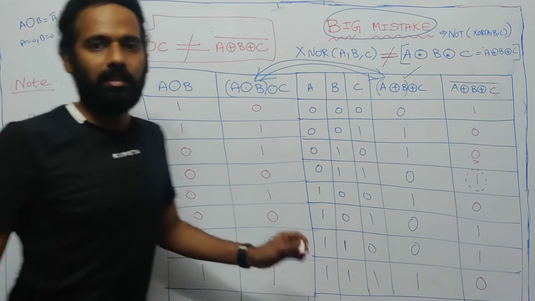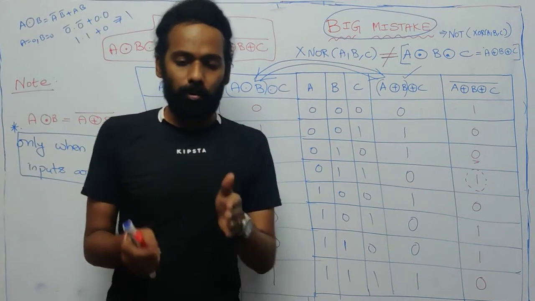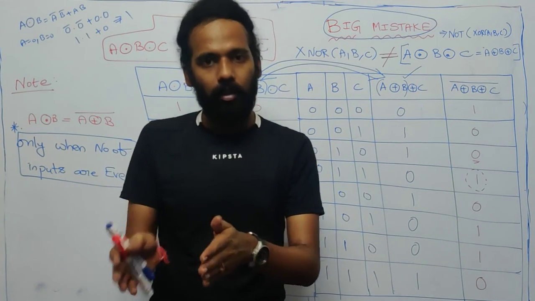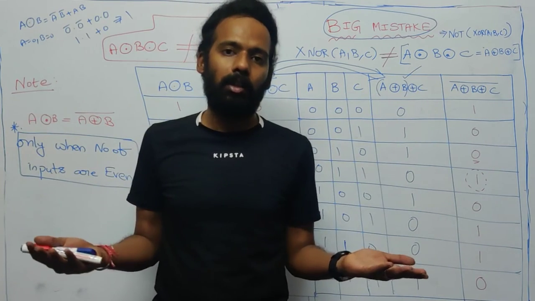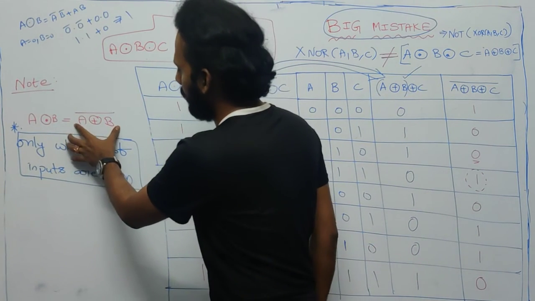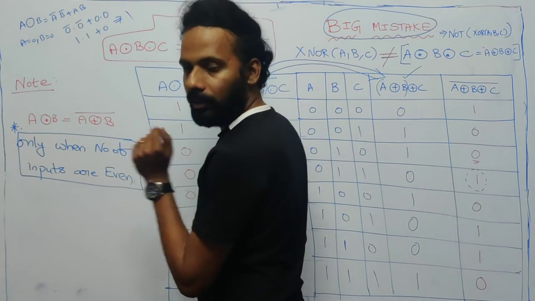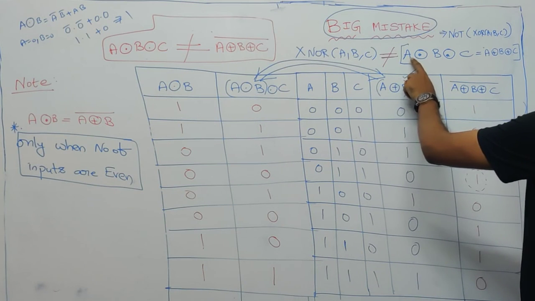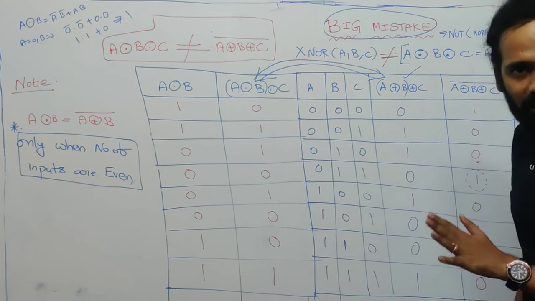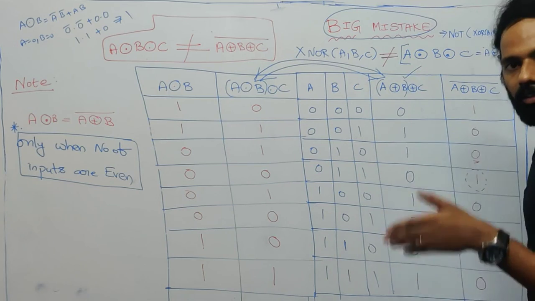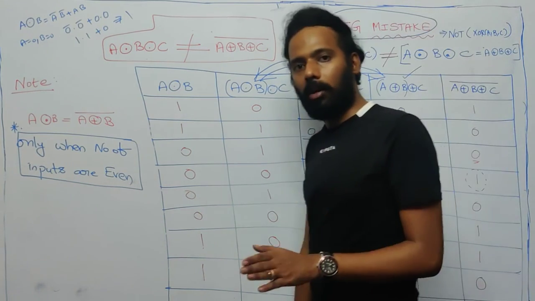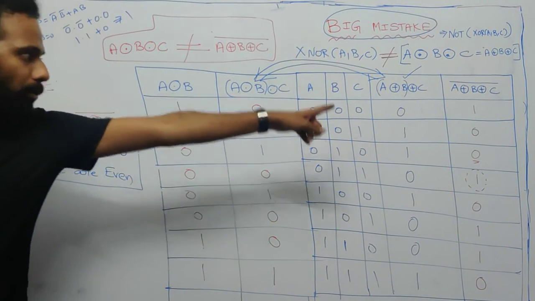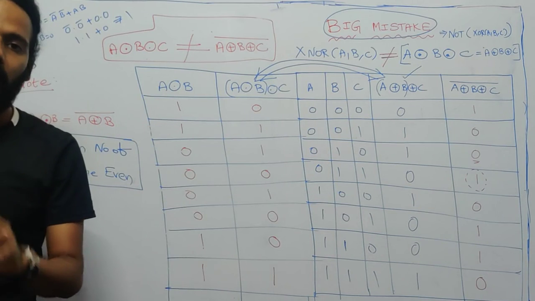But whatever it is, the basic thing is you first find the XOR operation, then you take the complement of that. That will be true. Here also, what you are doing is taking the XOR operation and doing the complement. The problem is, the moment people see XNOR of 3 inputs, they try to get A XNOR B XNOR C. That is the problem. No, that is not true. XNOR means NOT of XOR. So first you perform XOR, whether it is 2 input or 3 input, then you take the complement. Then you will end up getting the right answer.